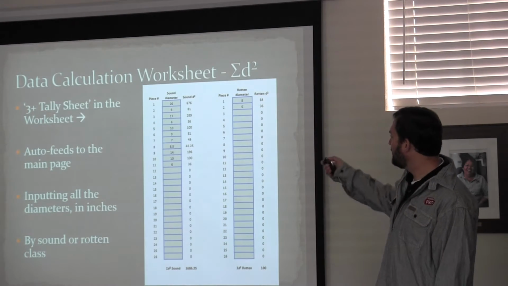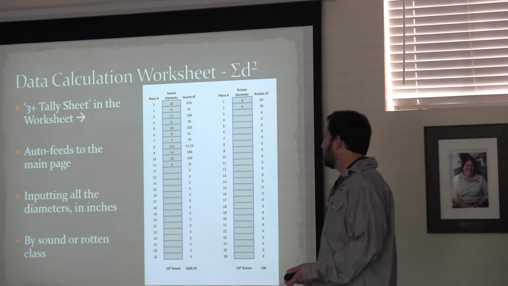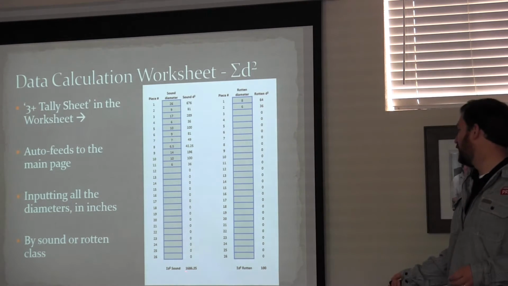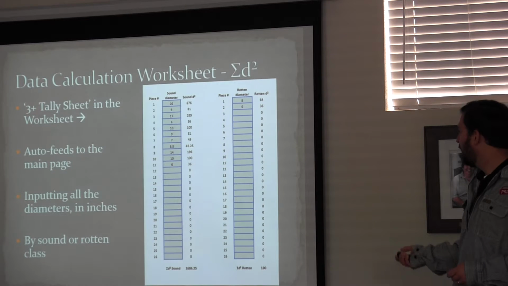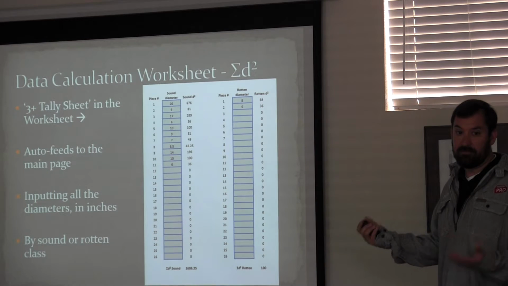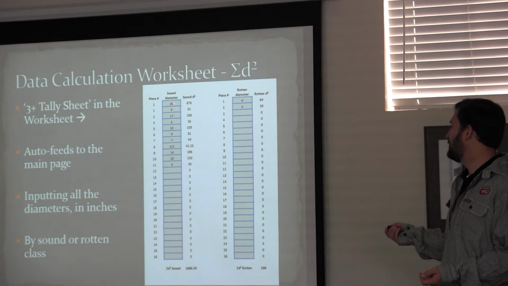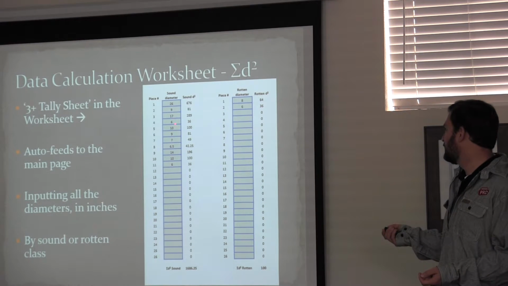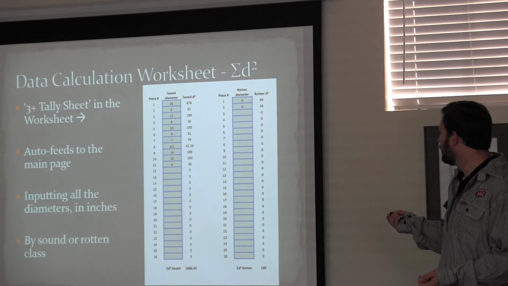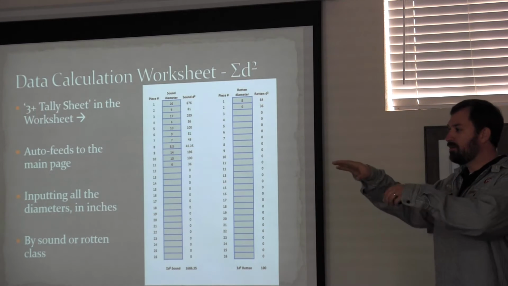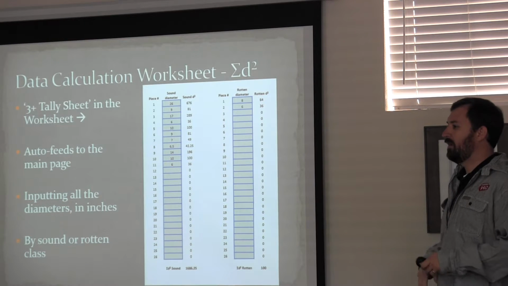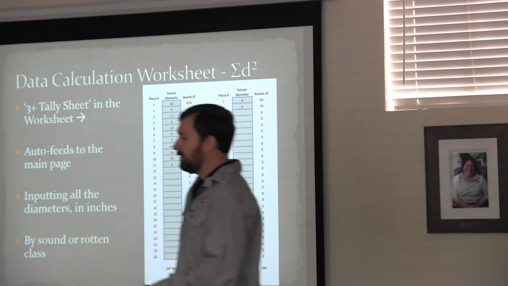And of course, we have a data calculation sheet for this one. This one's pretty easy. The left is the sound, and the right is the rotten. This isn't by plot, this is by the piece. So the first piece was 26, 9, 17, and then it automatically squares it. Over here is the rotten. On your data sheets, you should have sound diameters and rotten diameters. And we'll enter that